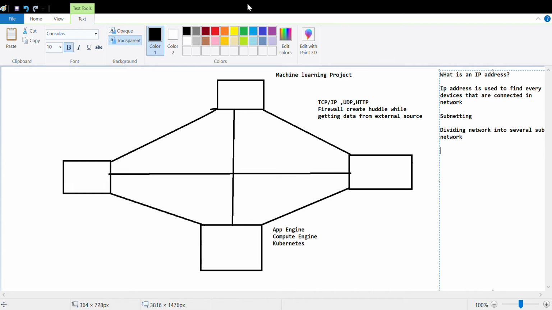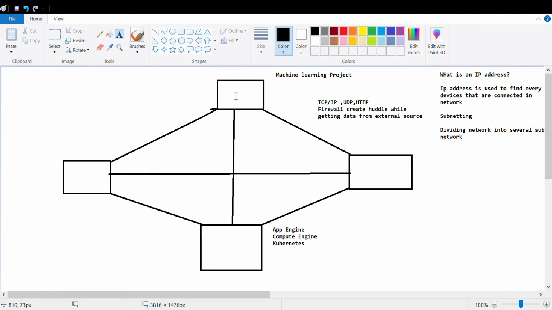Let's take an example of this network. How many devices are there in this network? You can see one, two, three, four devices are there. Each and every device is connected together. Now suppose I connect one of these devices with another network also.